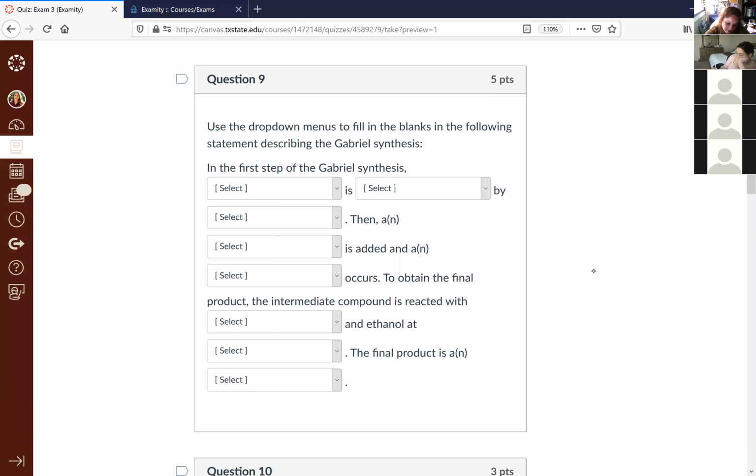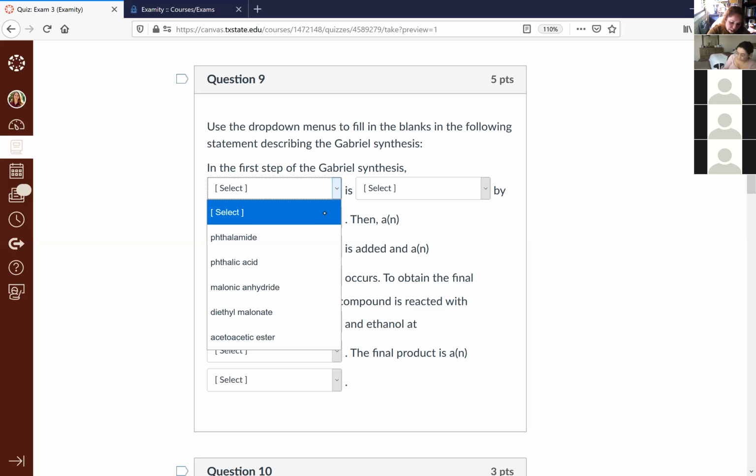Okay, this one got mixed results. Some people crushed this and some people really struggled. Everybody had a reaction written out like this. There were a couple different possibilities, so when you retake this, you might get a different one. It says use the drop-down menus to fill in the blanks in the following statement describing the Gabriel synthesis. So in the first step of the Gabriel synthesis,